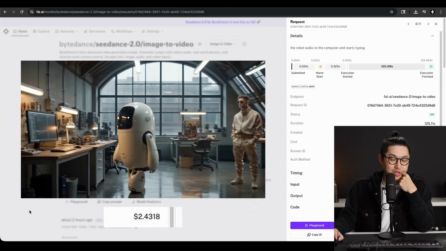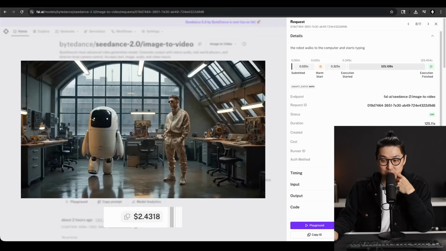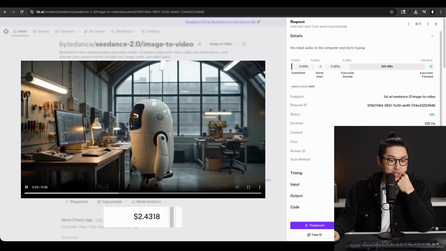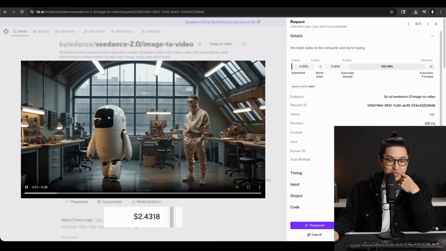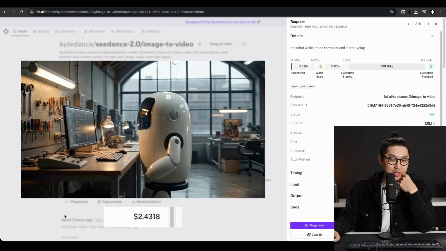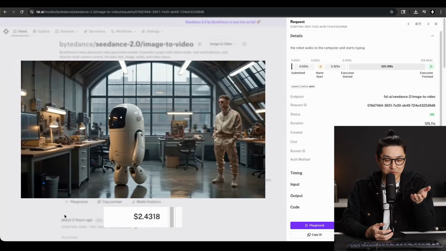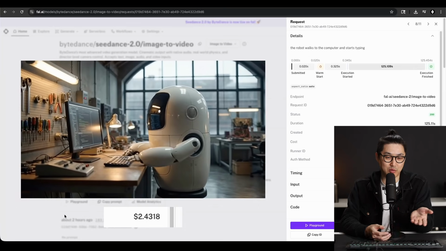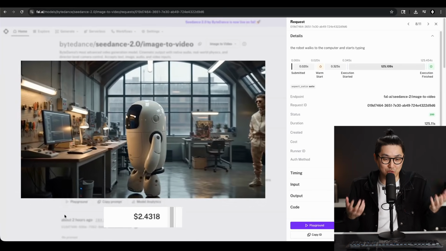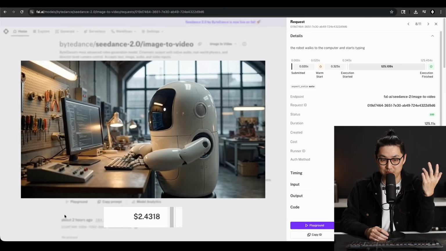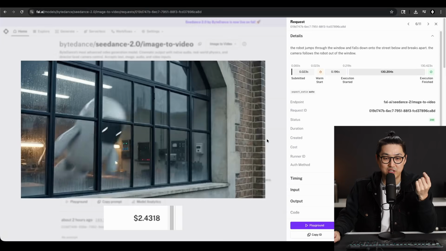Great, so this is the end result. Looking at requests on FAL, you can see all the metadata. You can see that it costs $2.40. That's all pretty helpful here. And just watching it back, again, we know our first frame and our last frame. I generated the last frame in Nano Banana. It does a great job of having the robot walk. Seedance 2, known for its physics and understanding of the world. And if you look at the joints on the robot's legs and its arms, it's all moving in a very logical way. Even though this is just a made-up Mid-Journey robot, Seedance 2 can look at this and be like, this is how it moves. Pretty good.